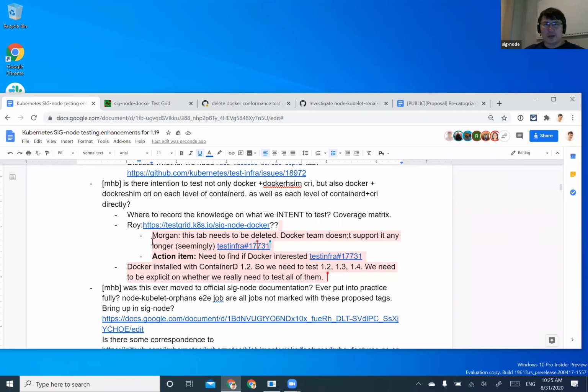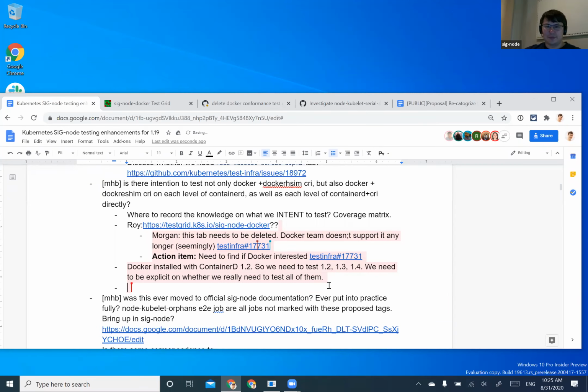So you also had a question about where we can record all the decisions that you're making and how we structure tests. And I think this document from the next item was an attempt to make this kind of test tags explanation. Do we need another Word doc, or do we better keep it in a source controlled place? Source control somewhere, because I